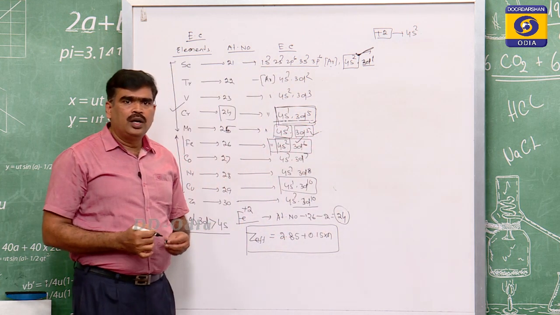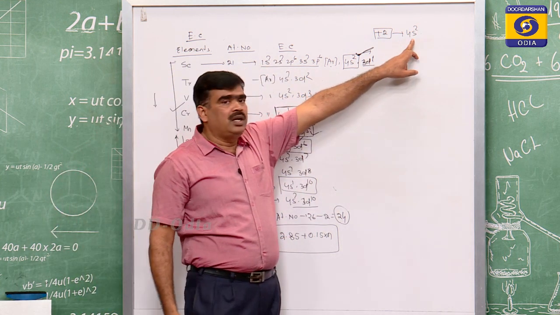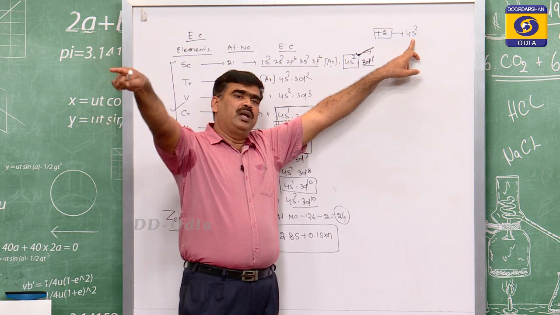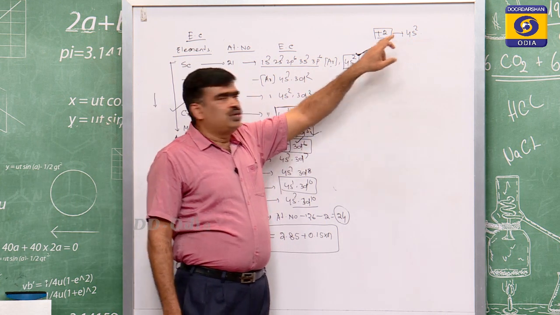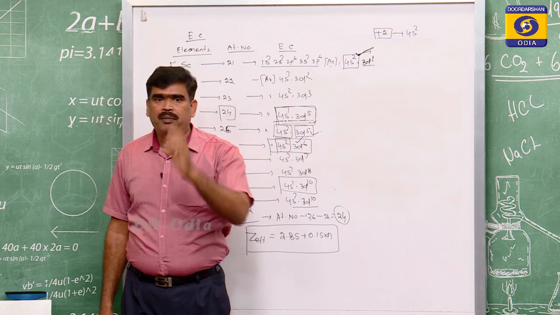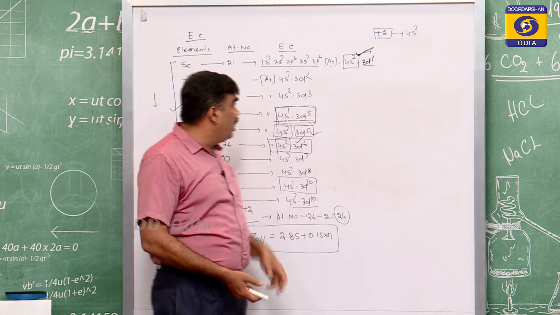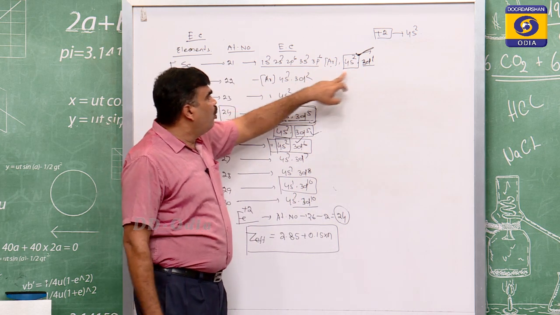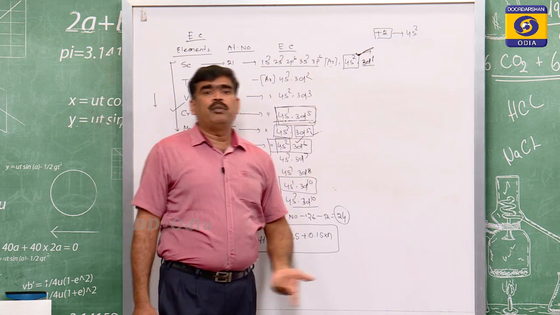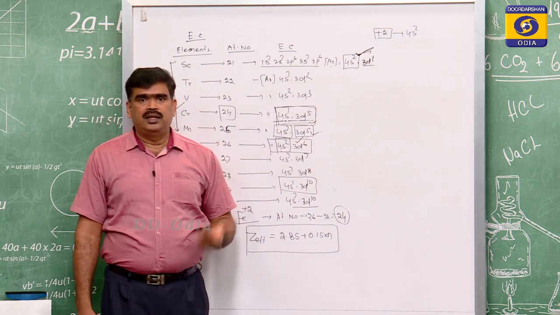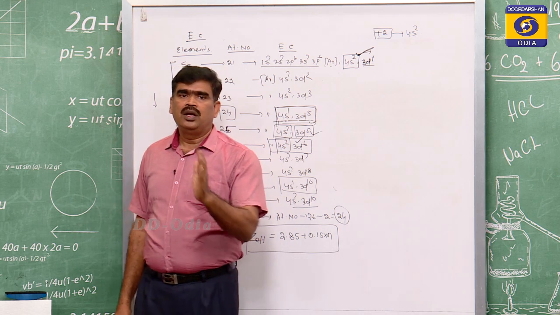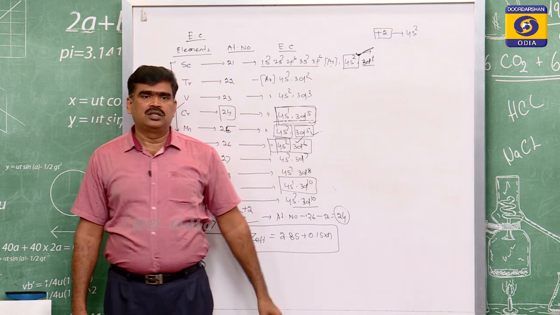Only when 2 electrons of the 4s subshell participate in bonding, because it is the valence shell, it shows a minimum +2 oxidation state. And after that, when 1 or more d orbital electrons participate in bonding with the 4s orbital, then they start showing more oxidation states.